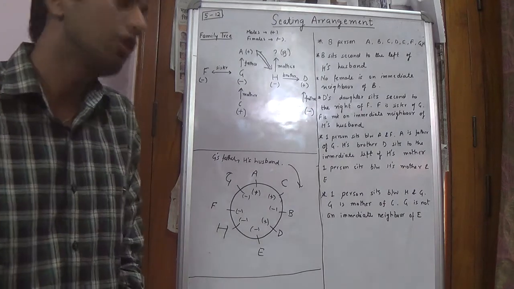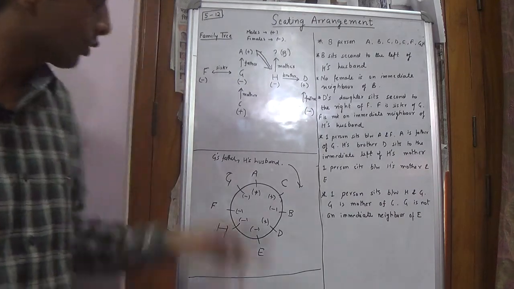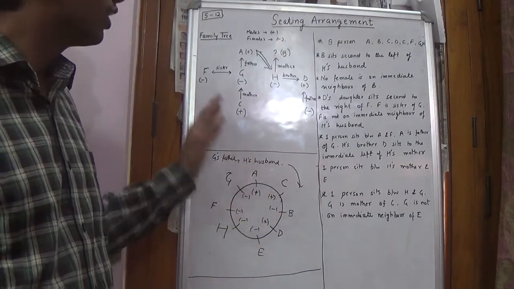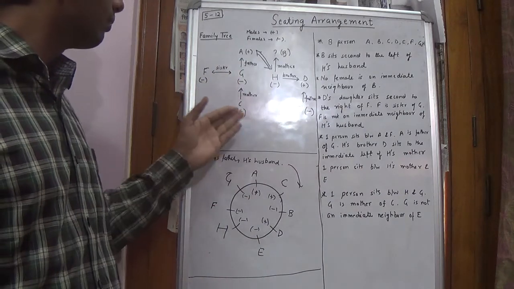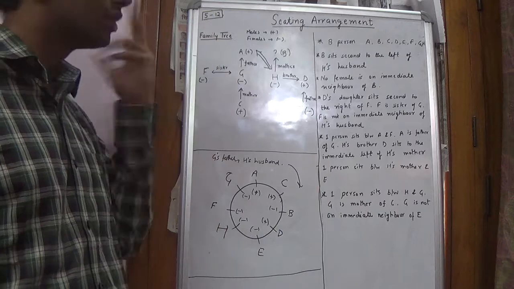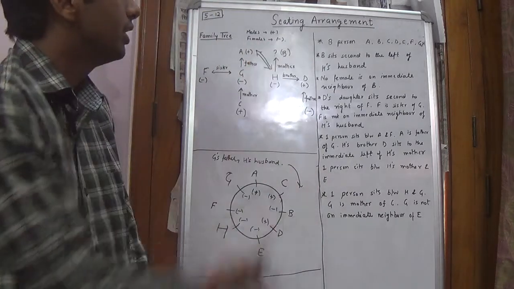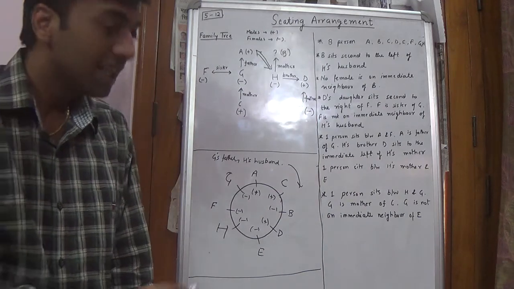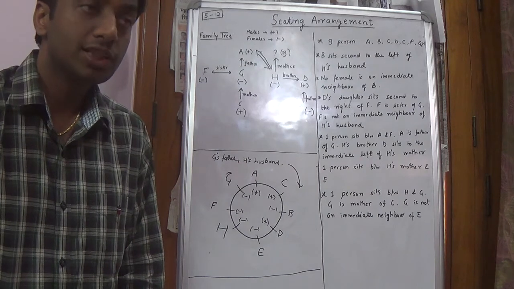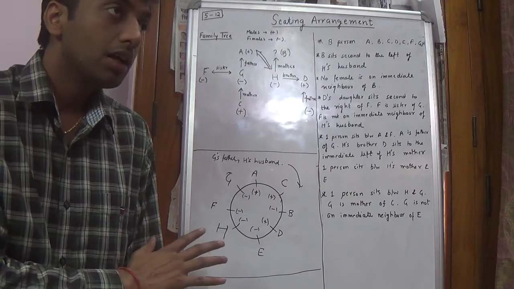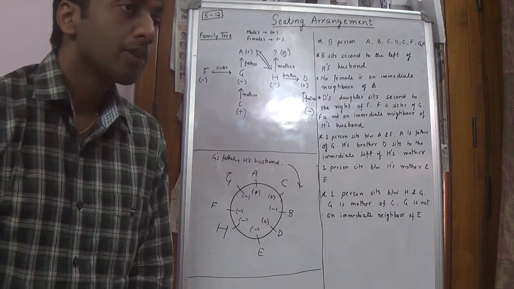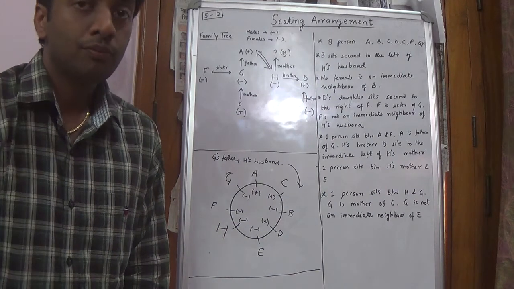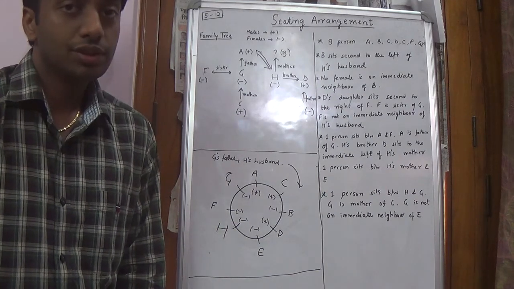After this, solving this, there would be questions: who is sitting next to A, who is sitting next to G, who is sitting second to the right of G, who is sitting second to the left of F. There are also questions like who is the grandparent of C, which is A. So there are questions like this which could be easily solved from these two diagrams. The point I am trying to make is that this might take a little time for you to practice and master, but once you know this, there were 7 questions based on this particular setup. So if you could take 7-8 minutes in solving this, then I think you're good to go. Keep practicing, keep watching videos. Thank you so much.